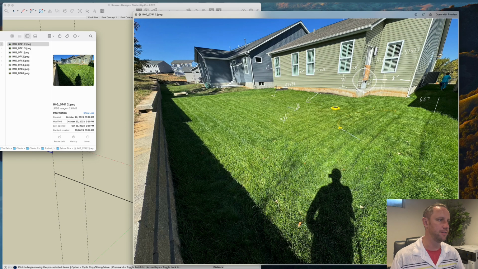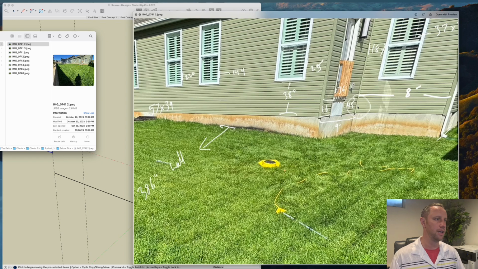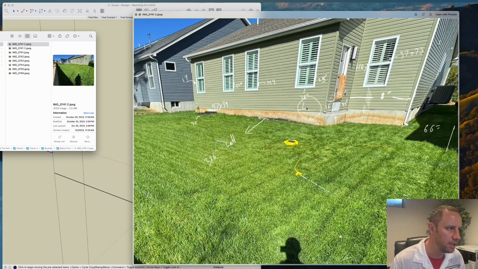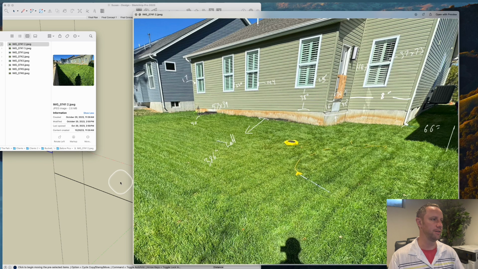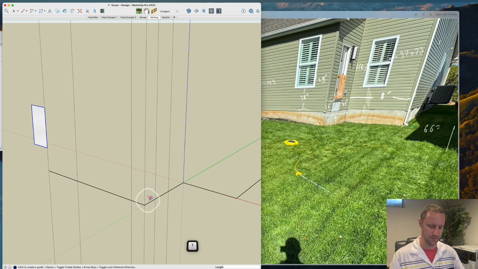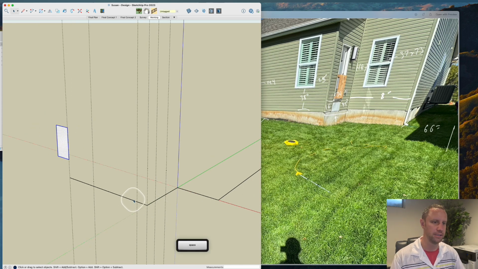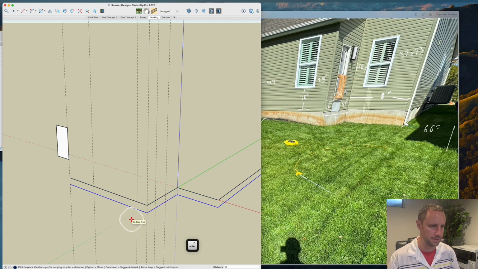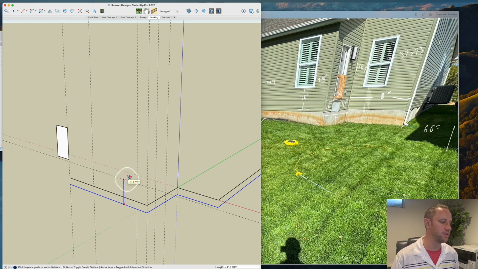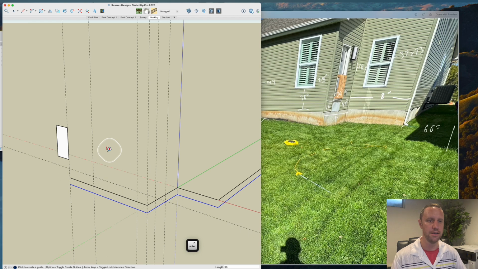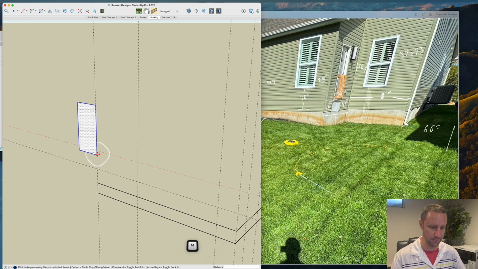this as a point of zero. We're going to go down 16 inches, that'll be the bottom of our siding, but then we're going to go up 38 inches for the window here. So let's go down 16 inches. Actually, we're going to copy this down 16 inches, and then we're going to pull a line, tape measure for 38 inches. So we now have located